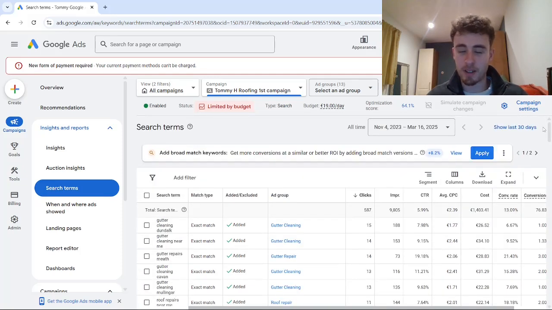And why this is so important as well is that it'll give you a good insight as to what negatives you haven't added in advance already. And if you notice that you're appearing for a lot of competitor names, for example, then you might need to go through and make a more extensive list of competitors that you need to add as negatives, or any informational based searches that say "how to," "what is," things like that. Then that gives you a good indication as to what kind of negatives you need to be adding. And it'll just save you a lot of wasted clicks as well, especially if you're not checking the search terms